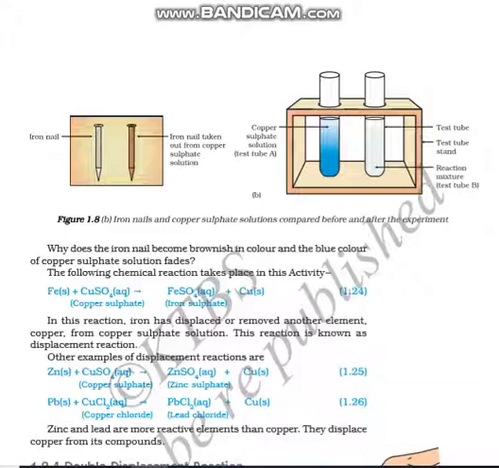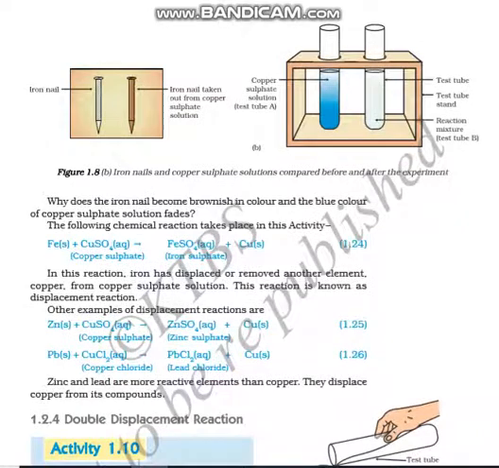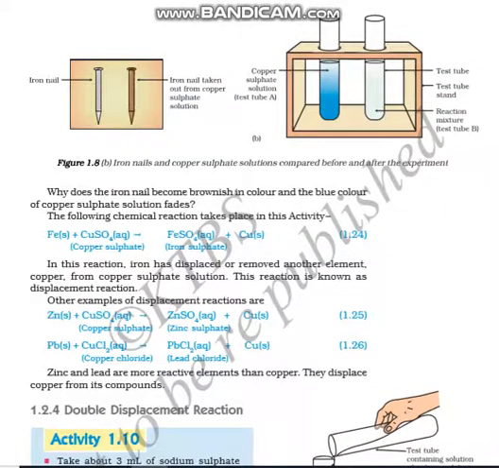There are various kinds of examples, such as copper chloride, CuCl2. When the copper chloride is added with lead, Pb, what happens? The chloride from the copper chloride solution gets removed and bound with the lead, and it gives lead chloride, PbCl2, plus copper, which is detached in the solid form. So all these kinds of reactions are called displacement reactions.